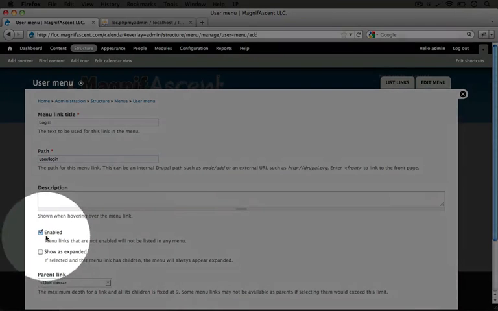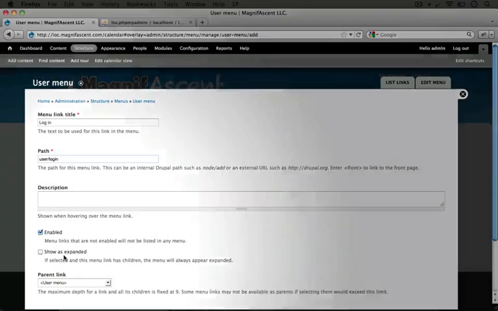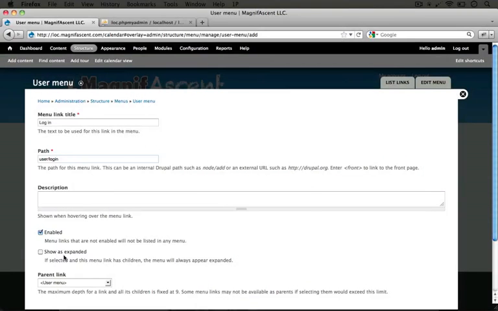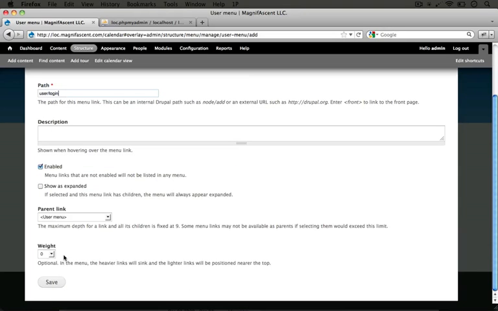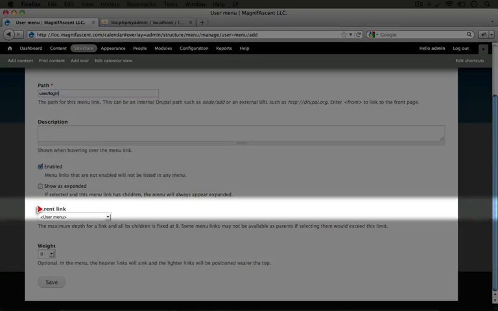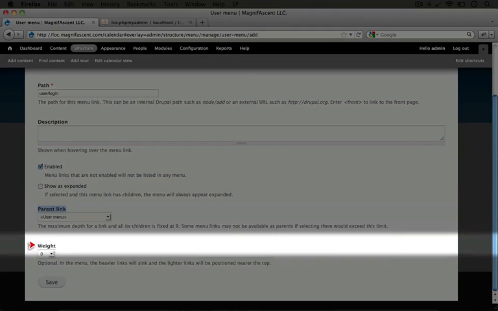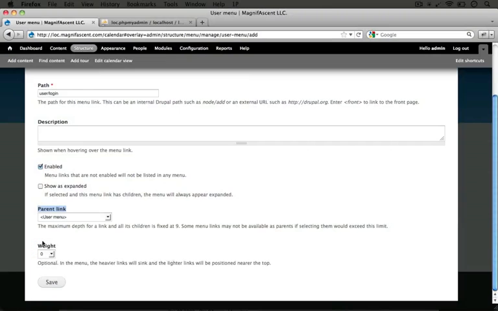We'll leave it as enabled. Shows expanded comes into play when we're dealing with a hierarchical menu. This is a one-level menu, so we don't need to worry about that. I'm going to scroll down. We can set our parent link, and we want it to be user menu. And then we can set the weight as well. And the weight doesn't matter at this point because it's the only item that will display when the user is